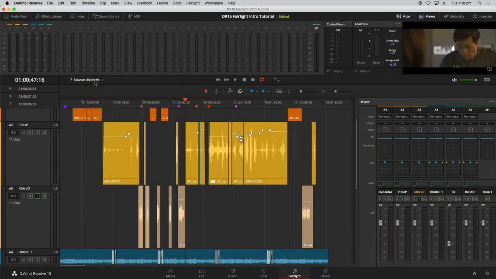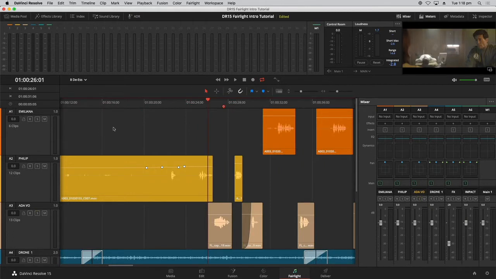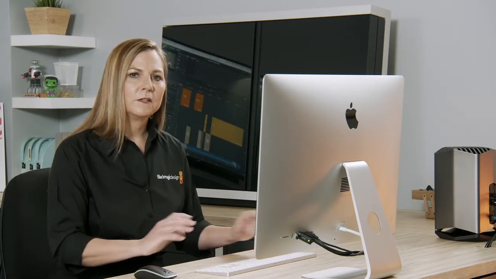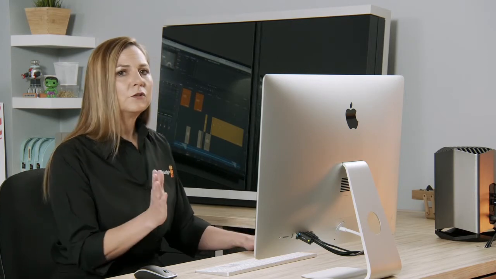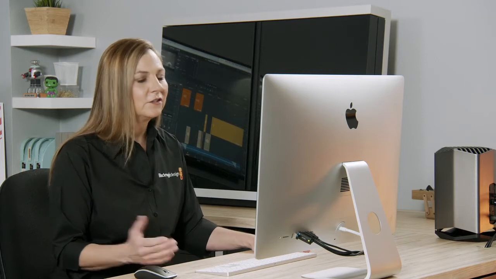So let's come up here to our different timelines and go down to DS. And now we're going to focus on de-esser. If you're wondering what a de-esser is, it helps remove the sibilance inside of our shots, because as we speak in dialogue, and like right now I'm speaking into a microphone, there's that whistly sound that can be picked up by the microphone, sometimes by proximity or just depending on the mic. And we just want to dial that back, because the louder the voice is, the more wattage we have behind it, the more you're going to hear those, and they begin to get irritating to listen to,